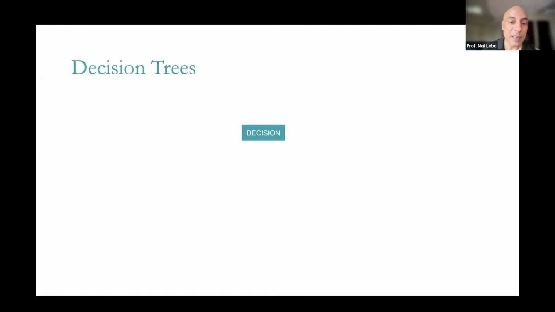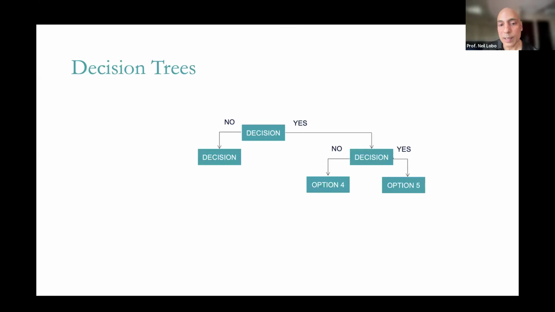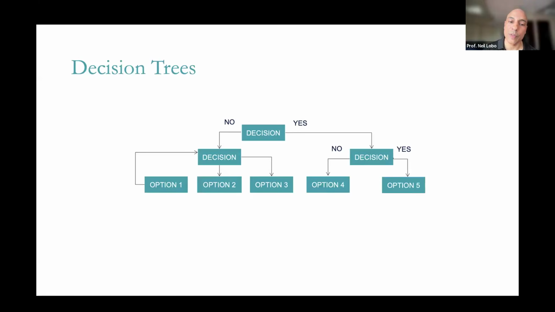Now, the next concept is a decision tree. Now, I'm a nerd, right? I'm a super nerd. So before I start anything, I try to think of every single possible outcome so that I factor everything into what I'm doing. So let's say there's a decision, or a question, and that decision has two possible answers: you can say yes or no. And each one of those goes to another question, which might be a yes or no as well. It's pretty simple to map these out into yes or no things.